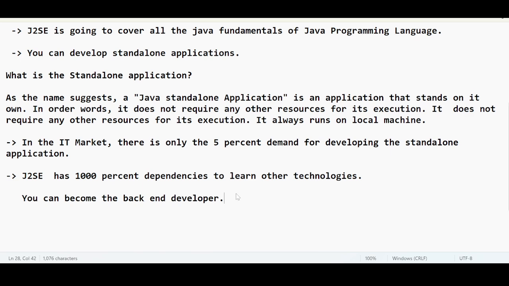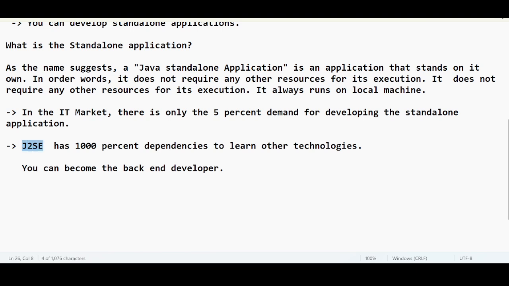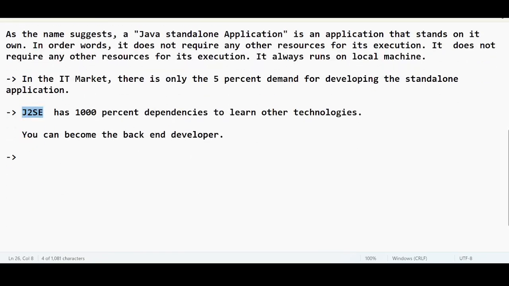Okay. So after completing J2SE, can I give interviews? Yes, you can definitely give interviews. 90% of the questions are from Java 2 Standard Edition. Trust me, few questions will be asked from the remaining technologies. Of course, there will be questions, but these are the fundamentals, right? So I can say that it is also the dependent